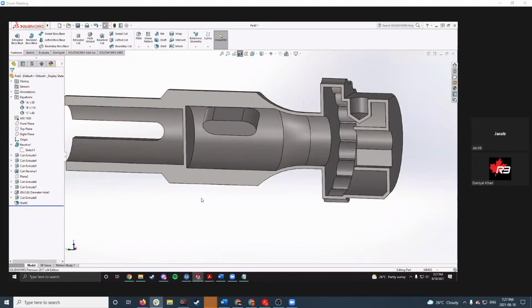I will say this as well, just to add on: the way the shell tool works is that it'll look at what you're referencing and then see where that leads up to. And then the first part that would interfere with what can be shelled is where it'll stop. So if you go back to the preview on the shell, Jacob,